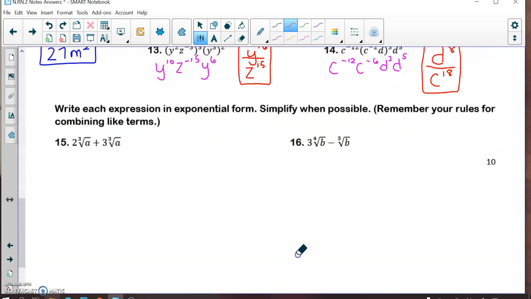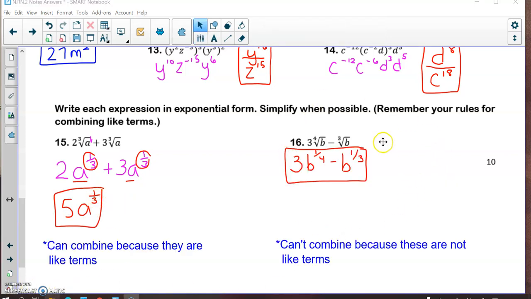Moving on to 15, we're going to write our expression in exponential form. So number 15 would be 2a to the exponent of a is 1, and then the index is 3, so to the 1/3 power, plus 3a to the 1/3 power. Now, like terms means the variables are the same with the same exact exponents. So both of these are like terms, meaning we can combine them into a 5 to the 1/3 power, but here we cannot combine